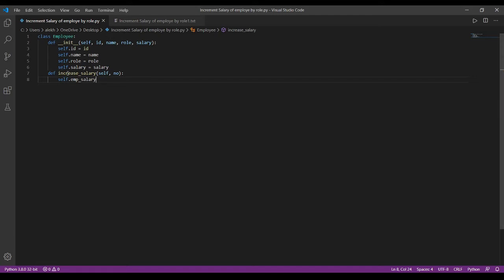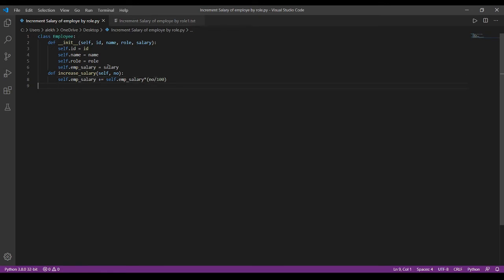Here we need to write employee salary, initializing it with employee salary into the percentage number divided by 100.